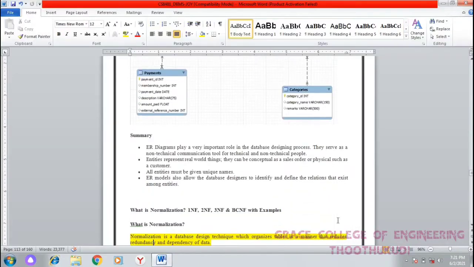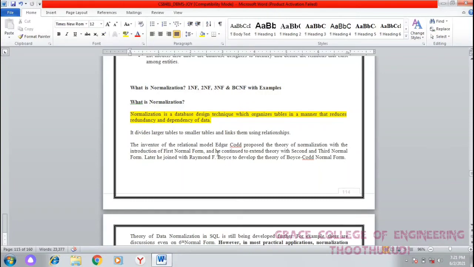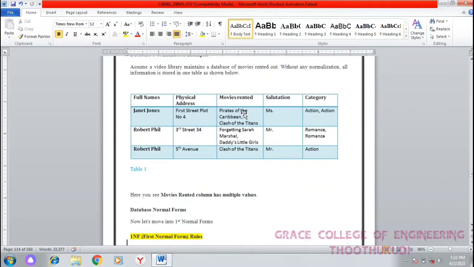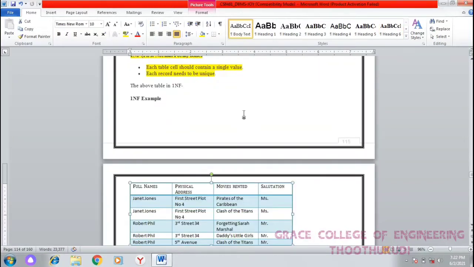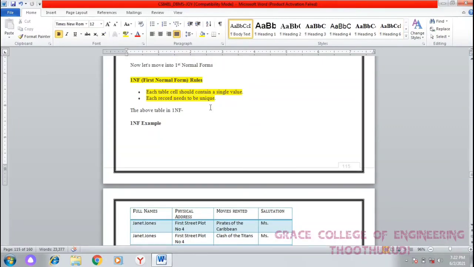Then the next topic is normalization. Normalization is a database design technique which organizes tables in a manner that reduces the redundancy and dependency of data. In total we have 4 normal forms: first normal form, second normal form, third normal form and BCNF, Boyce-Codd normal form; fourth and fifth also exist.